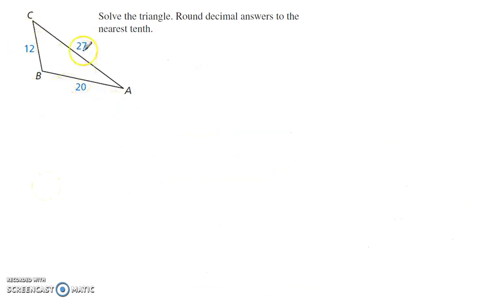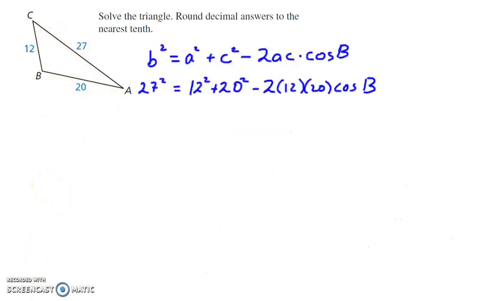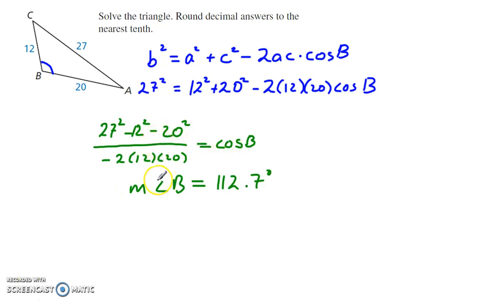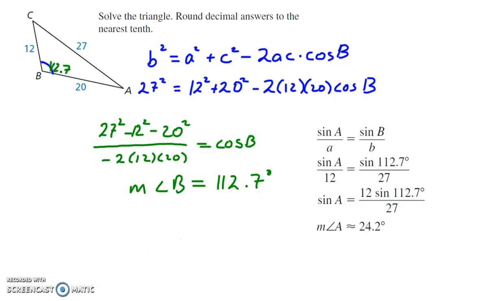Now, if you know all three sides, we're going to plug it in, and we first want to find the angle opposite the longest side, so we'll plug that in. Solve that for cosine B, and then the inverse cosine will give us a measure of 112.7. Then use the law of sines to find A, and subtract from 180 to find C, and there you